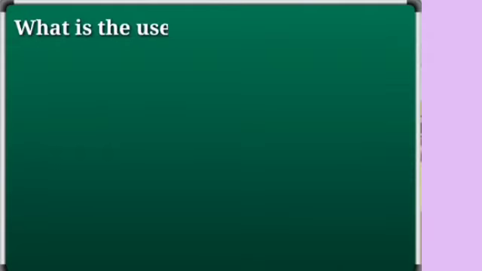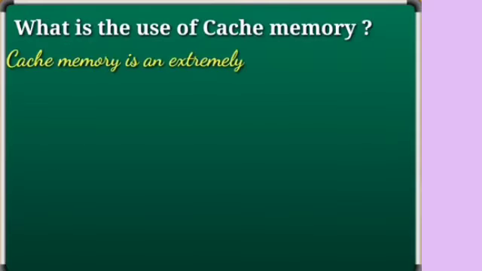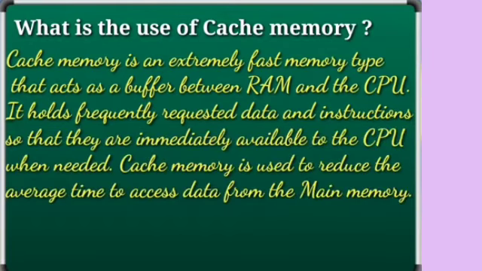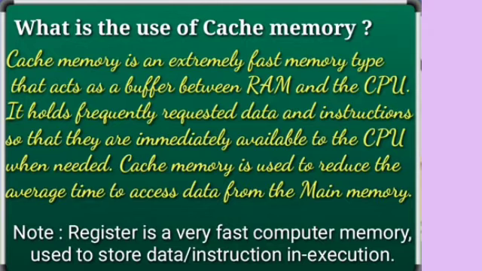So now let us look into what is cache memory and what is the use of the cache memory. It is actually a memory which is placed nearest to the processor, and this memory holds the requested data and instructions from the user, which are immediately available to the CPU, and it is also capable of reducing the access time from the main memory. So to access the data faster and more frequently, cache memory is placed nearest to the processor so that instead of getting it from the main memory, the data can be accessed easily and quickly from the cache memory of the computer.